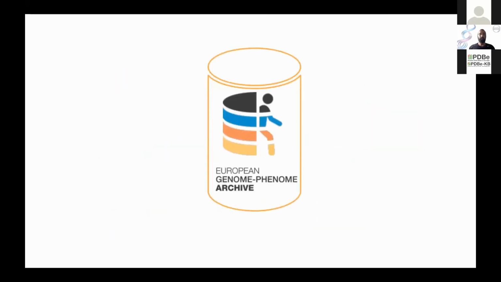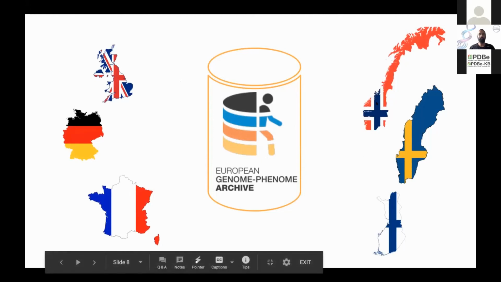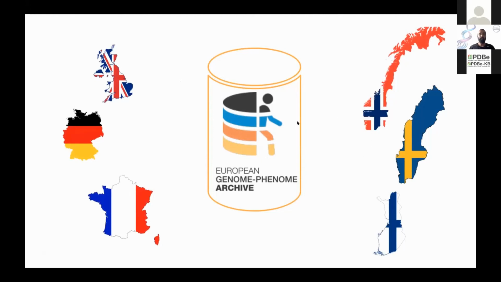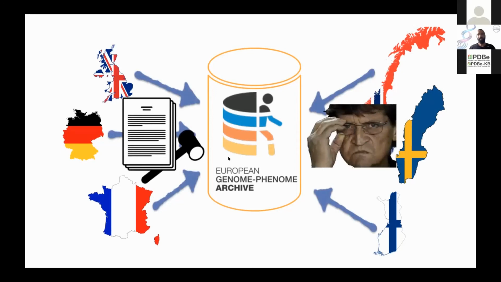That is the infrastructure on the European Genome Phenome Archive. Now there are researchers from different countries who are interested in sharing their sensitive data in the archive in a secure way. If everyone is going to submit data to this central place, will it be okay according to the legislation? We have the GDPR, which is even softer than local legislations in some countries, as we all know. So the central storage might not always work.